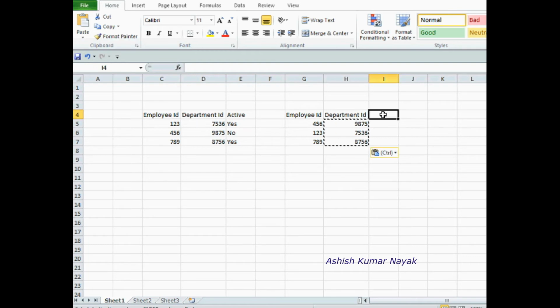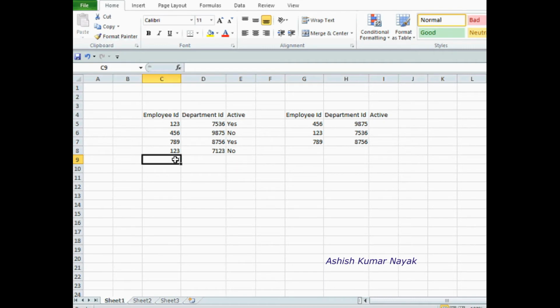Now in the second table, let's have this column active. Now just see, this employee 123 was there in some other department. 123 in a department 7123.